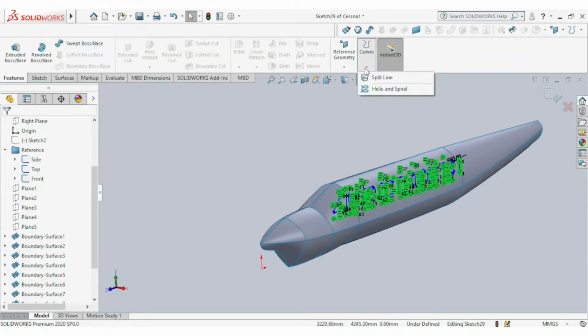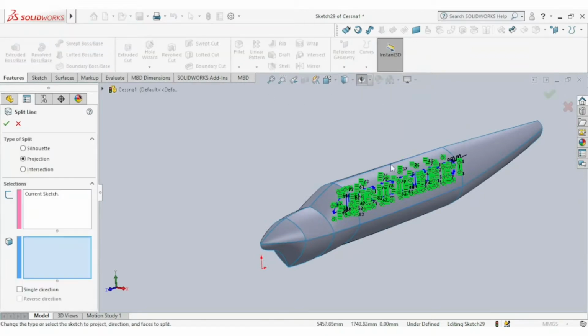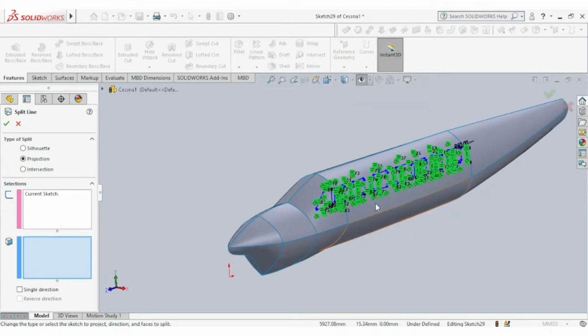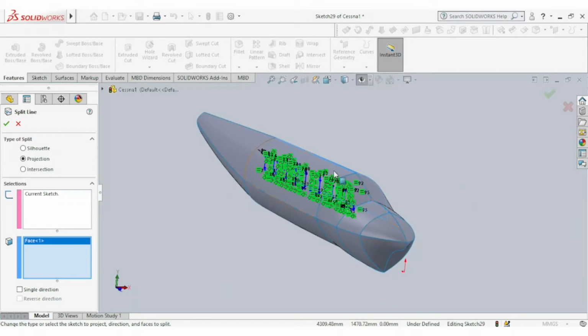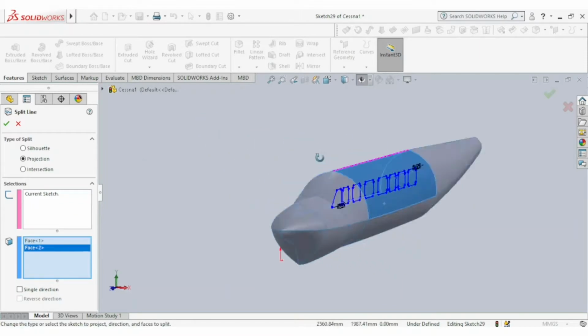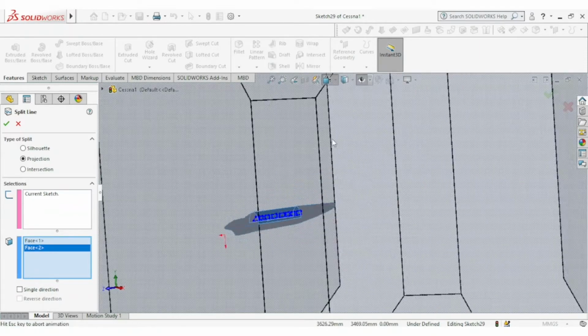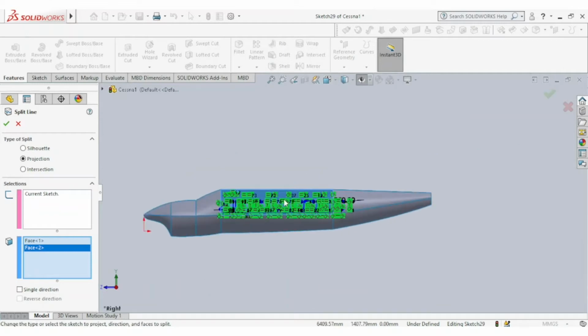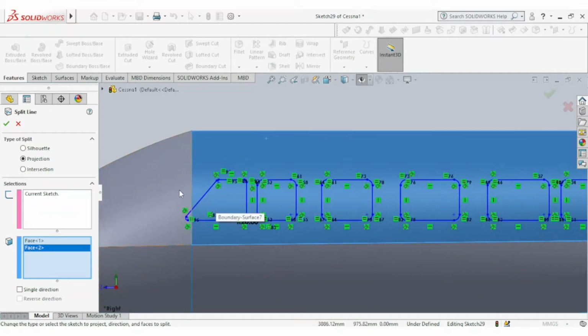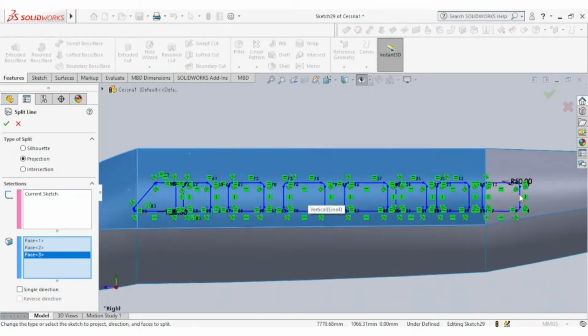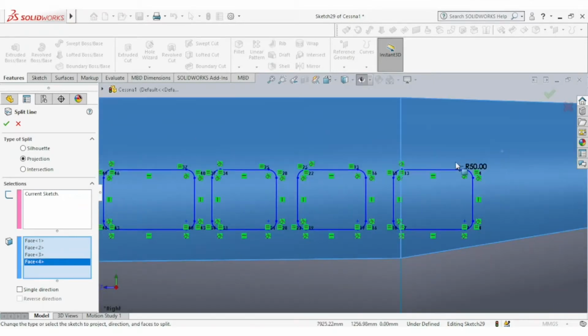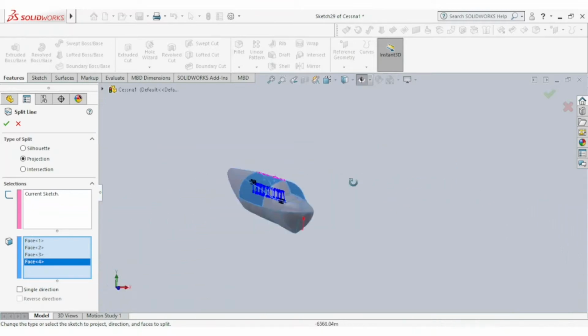Features, curves, split line. Select the faces which are going to be intercepted, or the ones which are going to be affected by these windows. This is inclusive as well. And this, do it on either side.